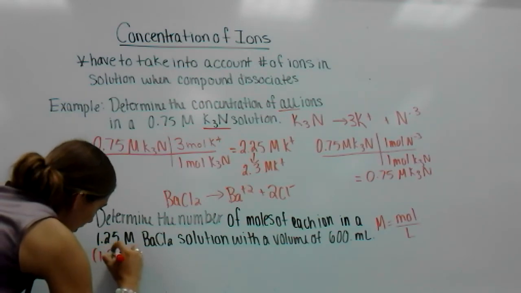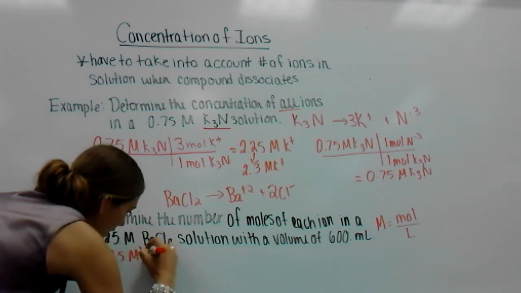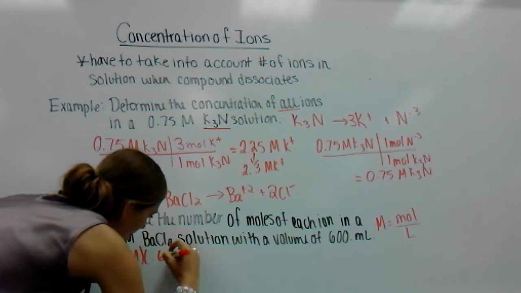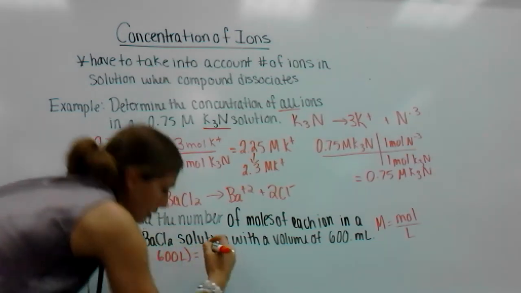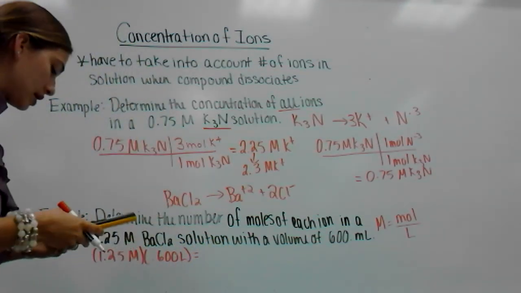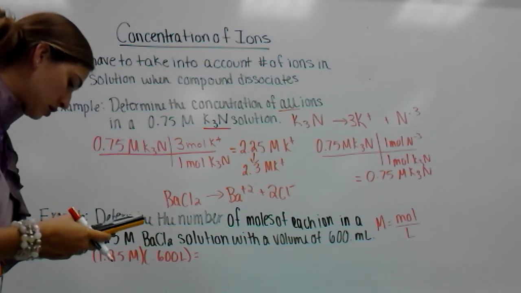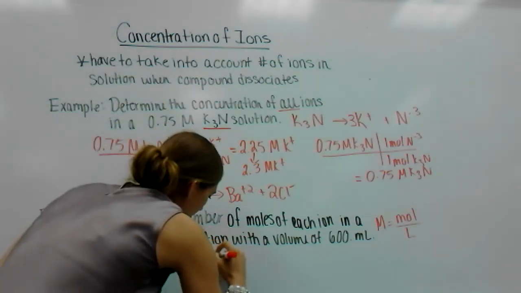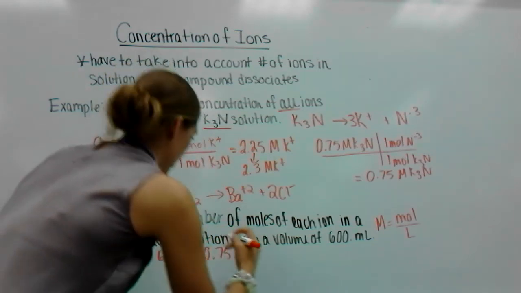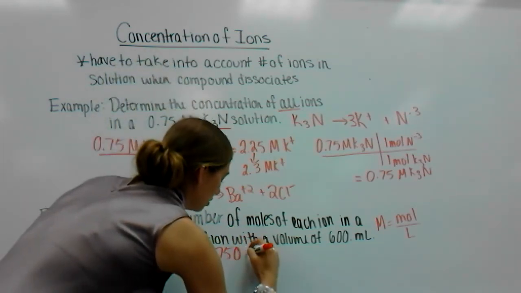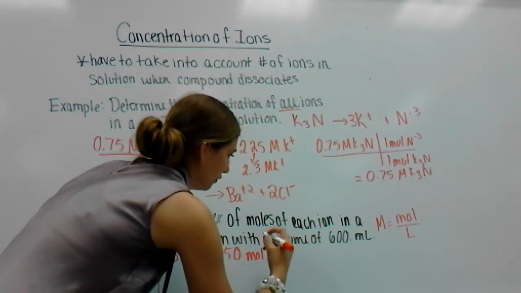So we're going to have 1.25 molar times 0.600 liters. And that's going to give us 0.750 moles of